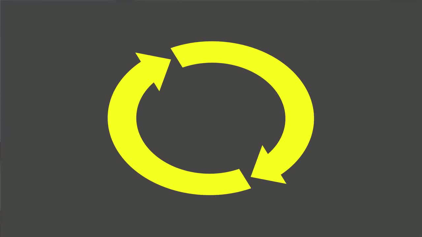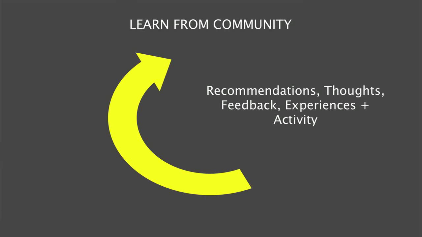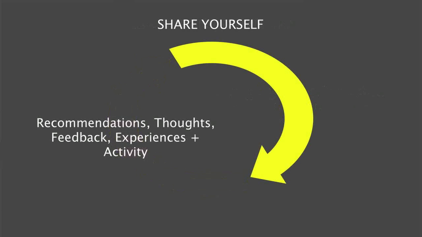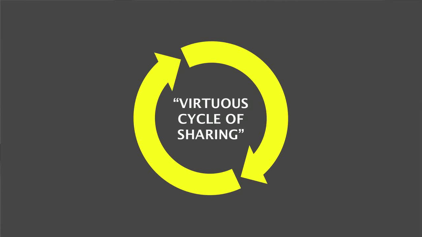Don't forget that part. And the reason why this works, of course, is because conversation is inherently a back and forth of two parties, the identity and the community. So on one hand, you are learning from the community, you're hearing the recommendations, their feedback, their experiences, their stories, their activity, and at the same time you're being prompted to share your own. And so what happens is that the more there is to learn, the more there is to share, and the more there is to share, the more there is to learn. And this creates a virtuous cycle of sharing that grows exponentially. Positive feedback loop is another word.